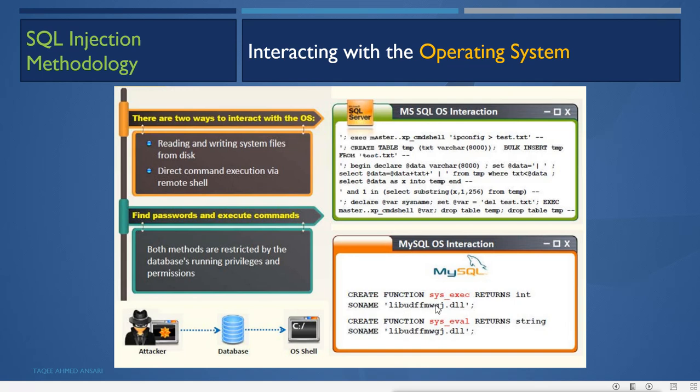It is running this library file here, along with a sys environment variable. Running these queries can interact with the operating system directly, but for that the database server must have xp_cmdshell enabled. Otherwise, if it is not enabled, the attacker will not be able to run commands directly on the operating system.